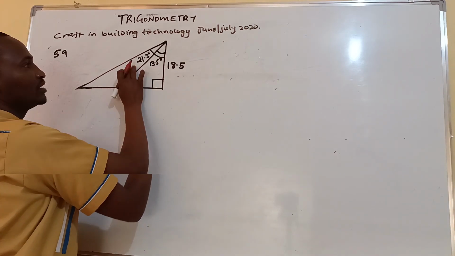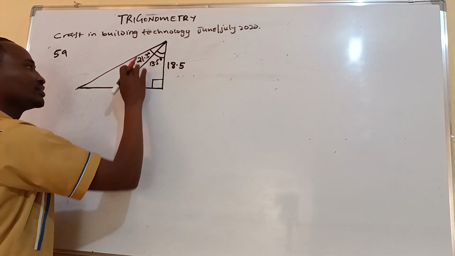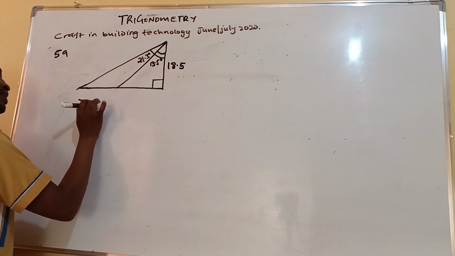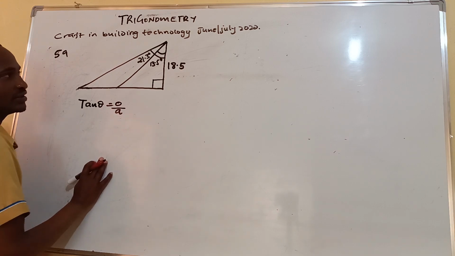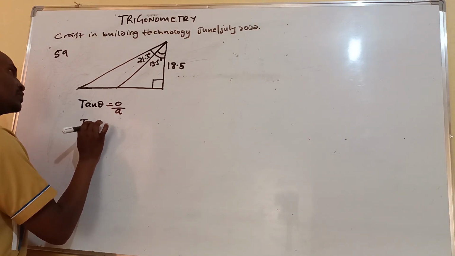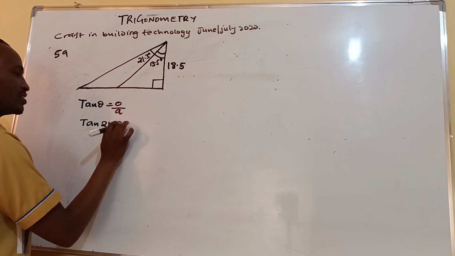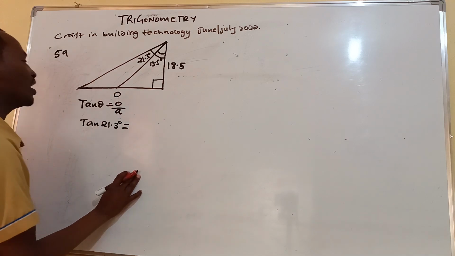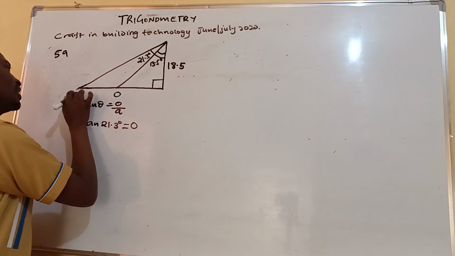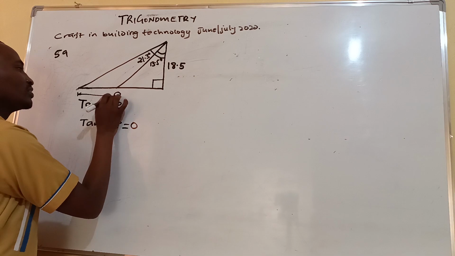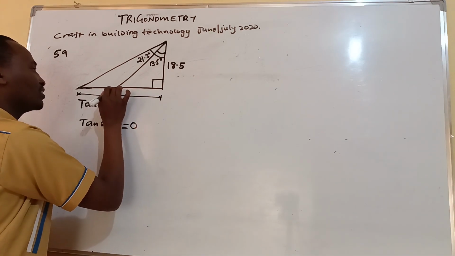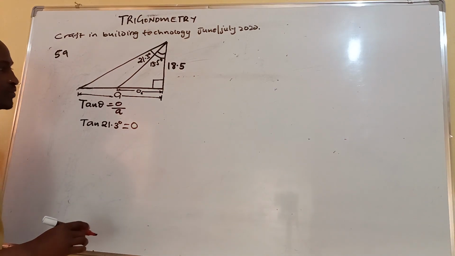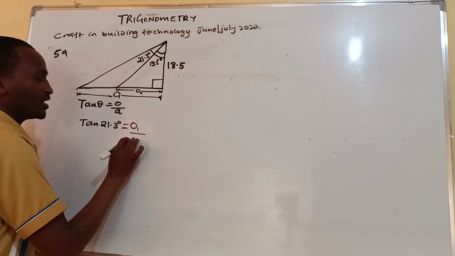We know this is 90 degrees. If you have the adjacent side and the angles, it's possible that we can get this line, because we know tan of an angle theta is given by opposite over adjacent. We have tan of the first angle, 21.3 degrees, equal to the opposite side, which we want. This is opposite one, and this is another opposite, opposite two, so that we can differentiate them. Opposite one over the adjacent side, which is 18.5